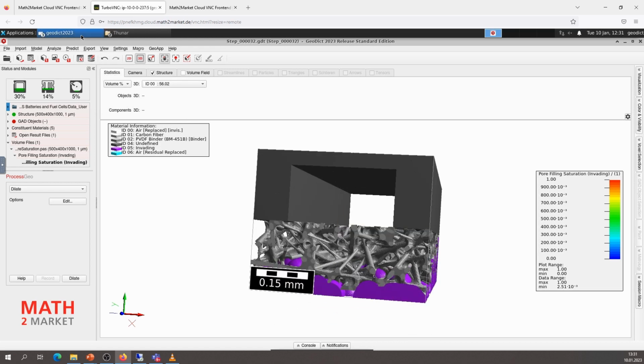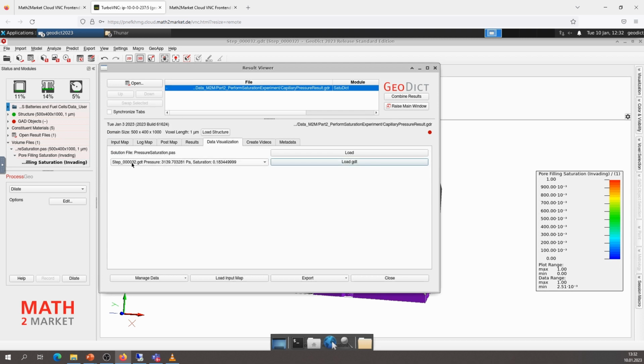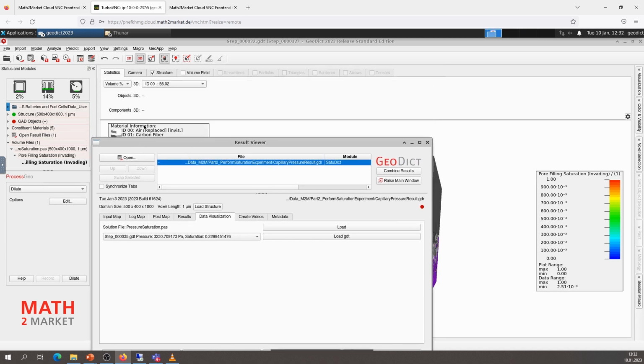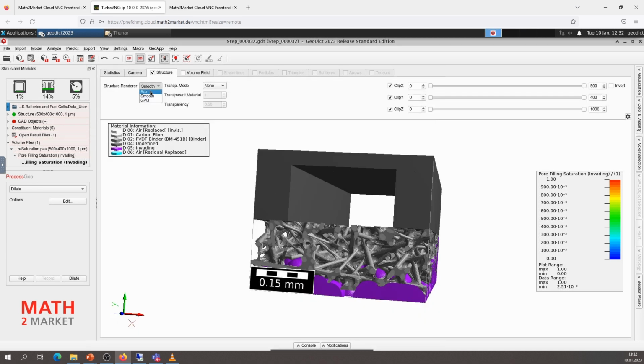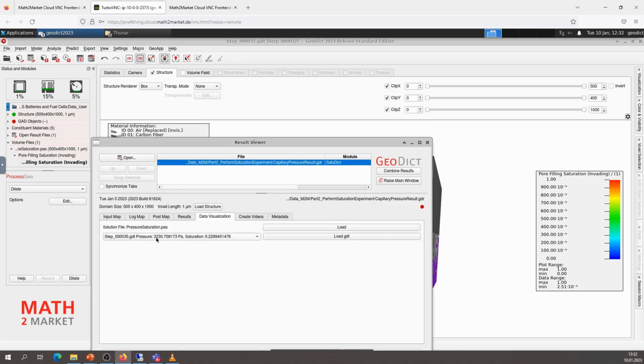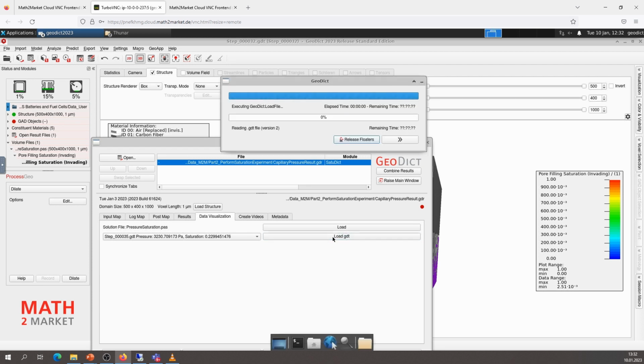simulation. I always go like here because I want to open Geodict here because I'm used to, and I'm not already used to have it on the top. Go to result viewer, so the step 32 is not enough, so I maybe take the step 35, but now I'm a little bit smarter than before because I go on structure, I go on box, and it will be a little bit faster to load it. I tried again with the 35.